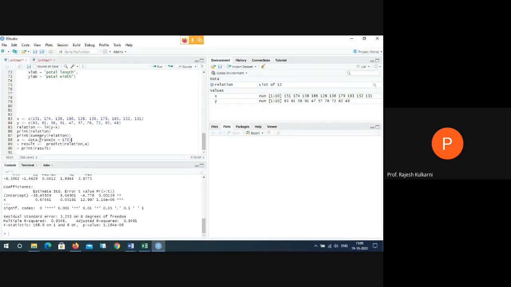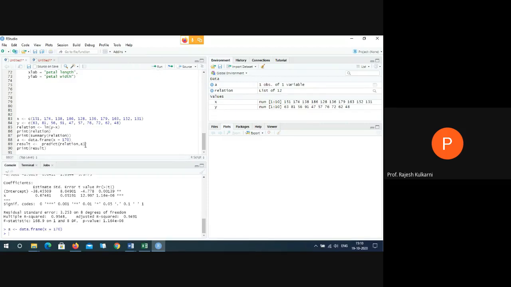Now this is the data structure in the data frame, x is equal to 170. Now I am going to store in the result variable the predicted value, and then I'm going to print the result. I am not sure about this, but I'm executing it anyhow.